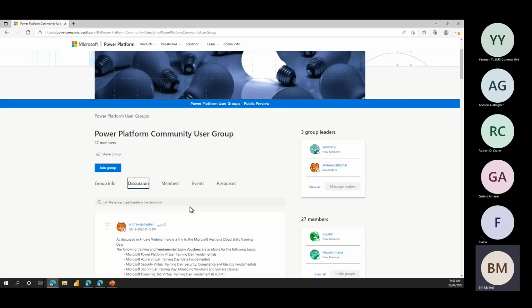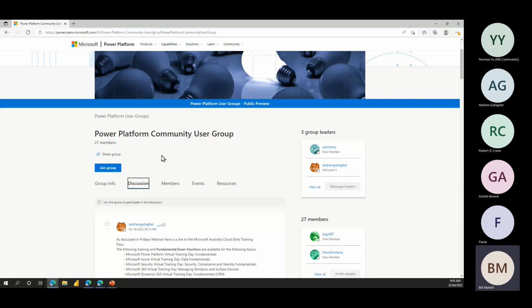For those that aren't aware, this month is the first year anniversary of Microsoft having specific official community user groups for the Power Platform and Dynamics 365. But we're not quite that old.